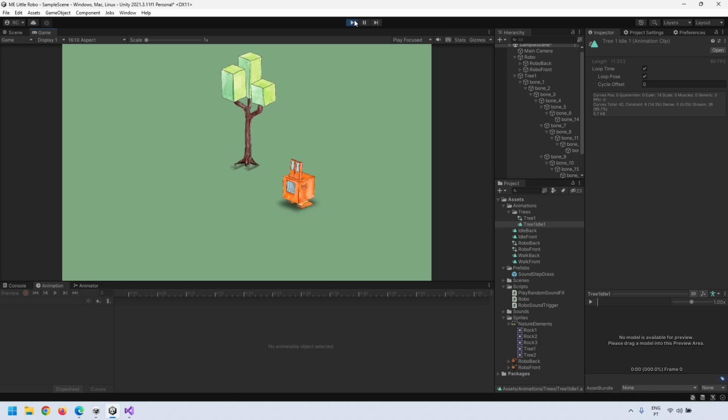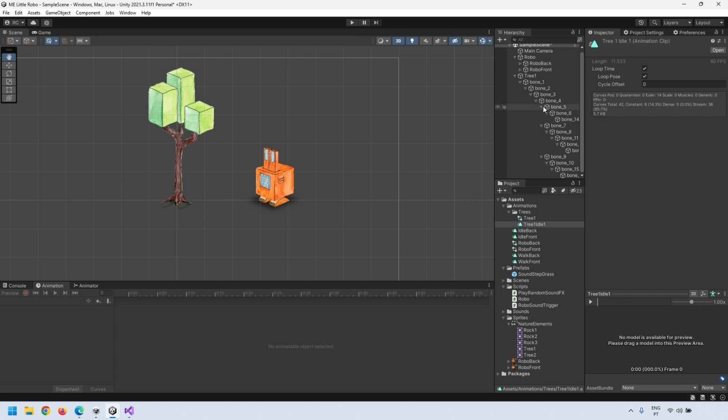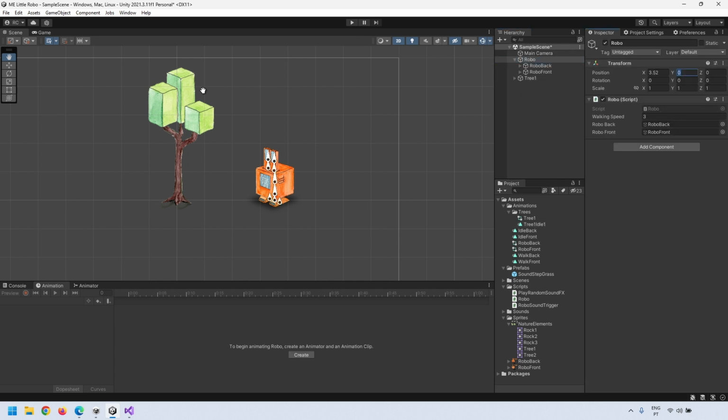If you return to Unity and play, you should be able to walk around the tree, but there is a problem. Somehow, the depth of the character is not correct. At this point, the robot should be behind the tree and not flying in front of it. To solve this, we need to tell Unity in which order it should draw the elements. We are going to use the position in the y-axis to set if the element is behind or in front